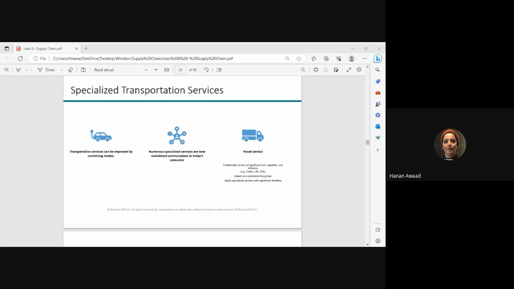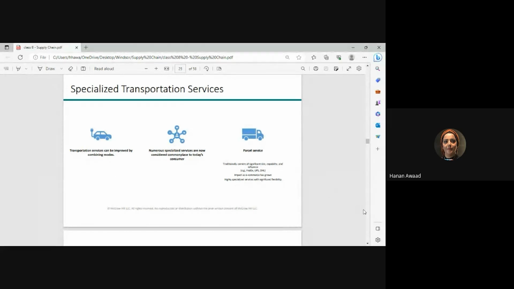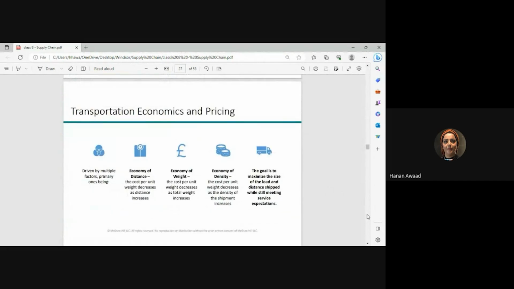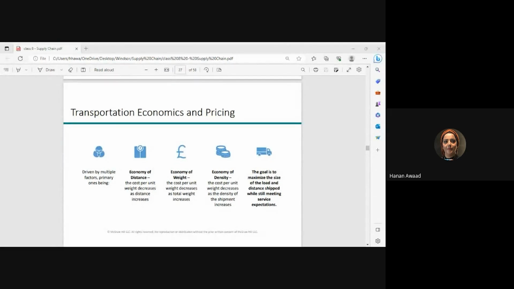So we have specialization within the specialization. And that's why we became, as customers, so greedy. Okay, so you can see that there are huge elements and factors affecting the dynamics of transportation and the pricing, the